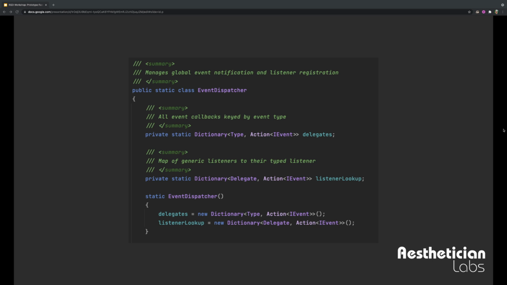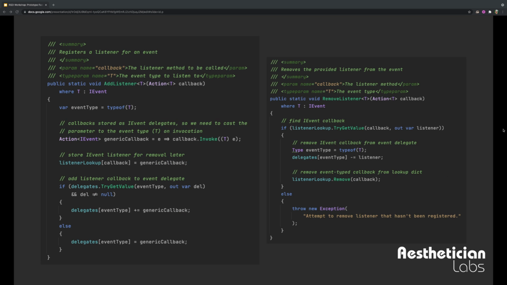And we'll get to exactly how that works. You don't have to worry too much about this implementation, but I'm just trying to run you through the whole thing. So basically what we do is we provide the add listener and remove listener methods, and what those do is they take as a type argument the type of event we're listening to, and then they expect a callback method that is an action that receives that type as a parameter.